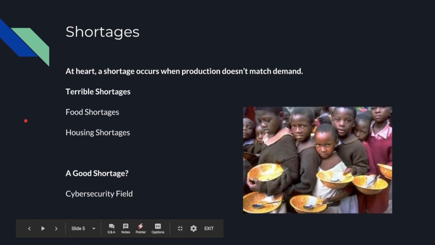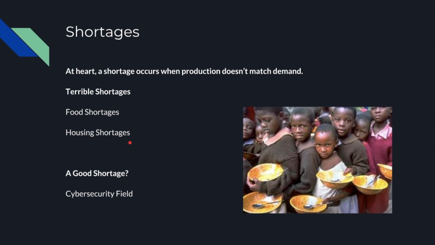So one thing that can happen when we accidentally drift away from equilibrium due to outside forces is a shortage. And here I have written, at heart, a shortage occurs when production doesn't match demand. So this means that demand outstrips production. There's more people who want something than production can reasonably satisfy. And what comes first to mind for most people are these terrible shortages like food shortages. I have an image here of what you sort of think of when you hear the word shortage,